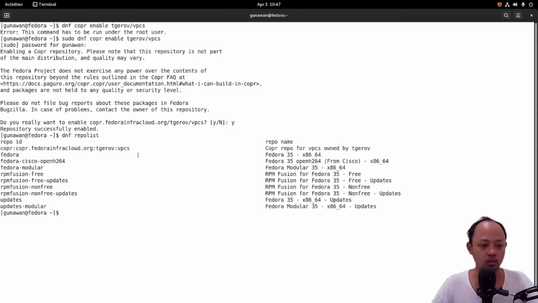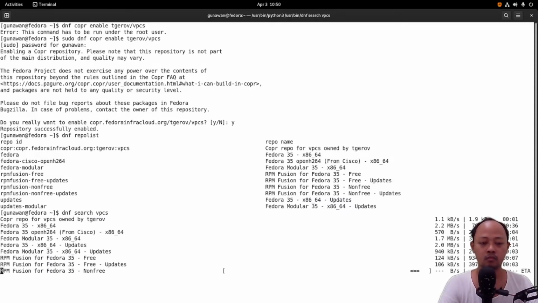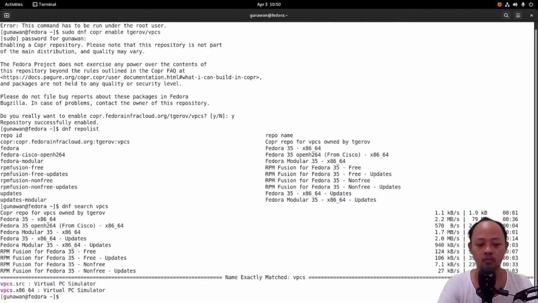So the Grove VPCS repository is already enabled. We just need to search for the VPCS package. This is the result. We found the VPCS package, so we can install the VPCS.